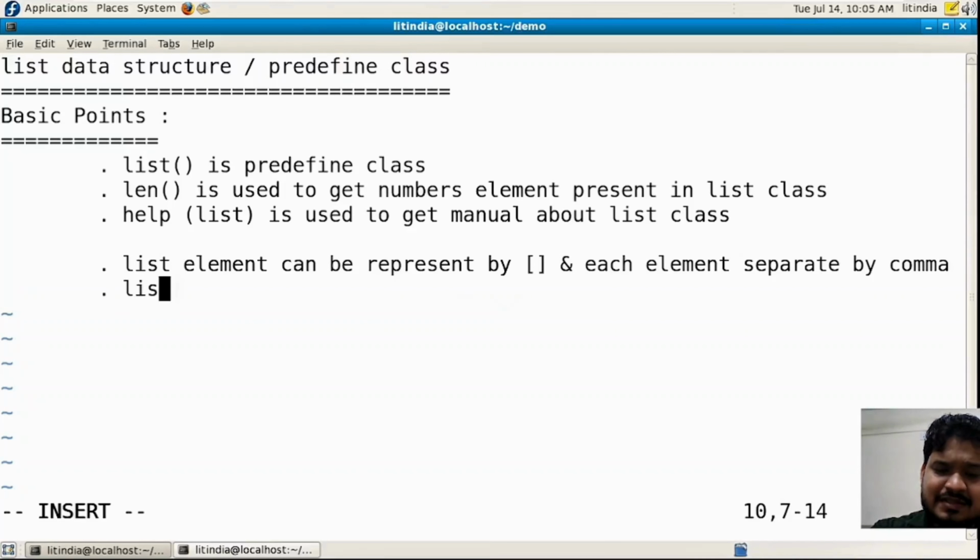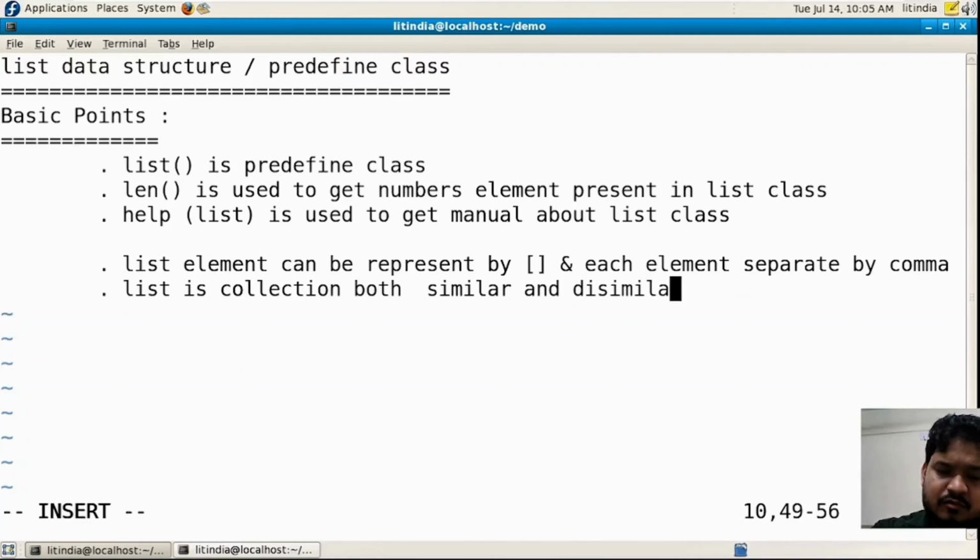Then, a list is a collection of both similar and dissimilar types of elements. Then the object name